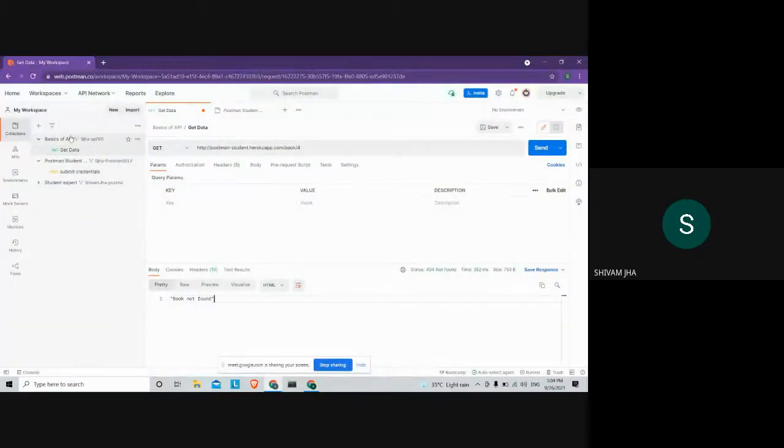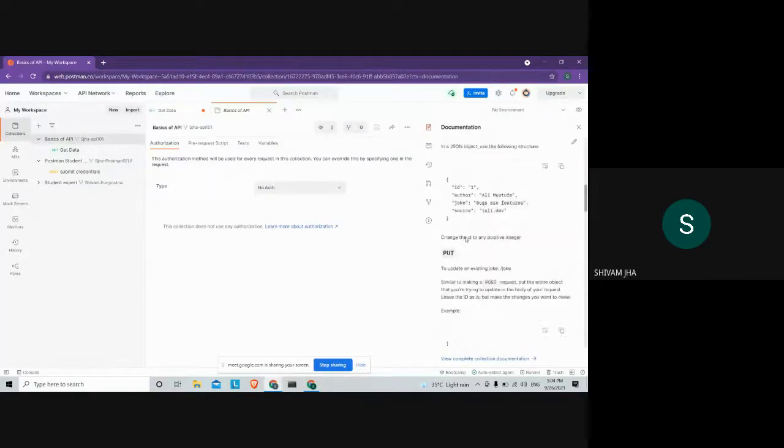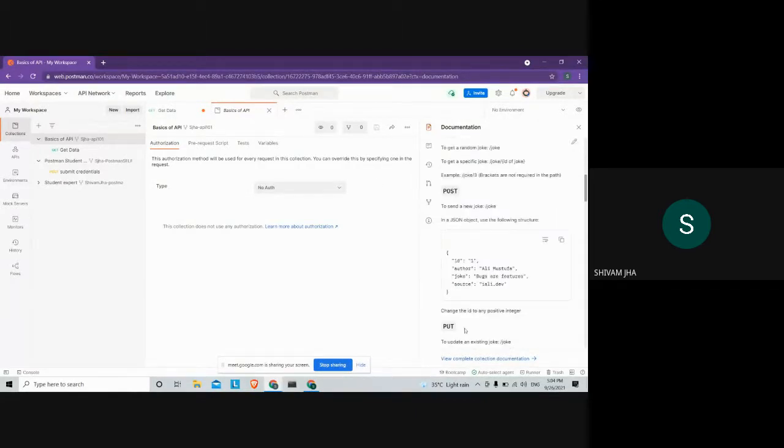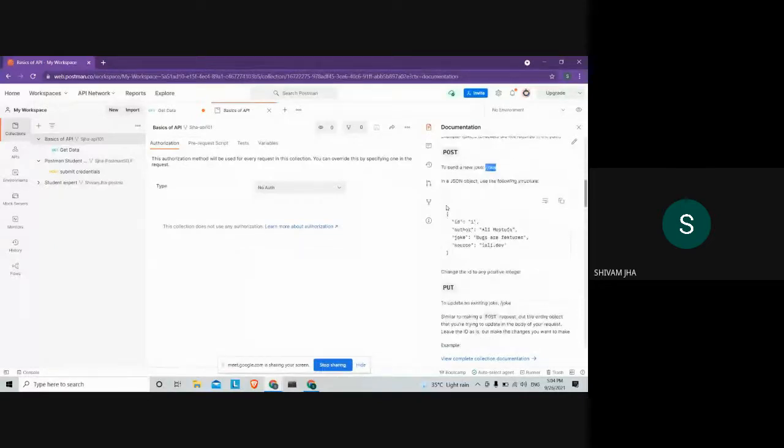So again, this was our get request. Now we'll move ahead with the next request being the post request. So post request is for what? Post request is for posting something, posting new data to your server, to your API. Now, to send a new request, post request will again append this with book, because we are using the book API. And for posting a new book, what do we need to specify? We need to specify the fields.